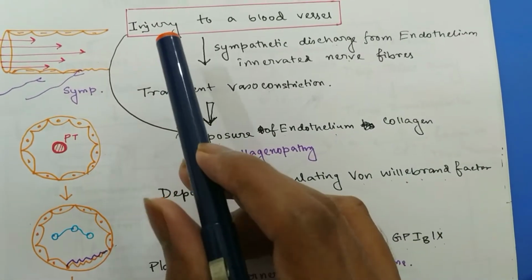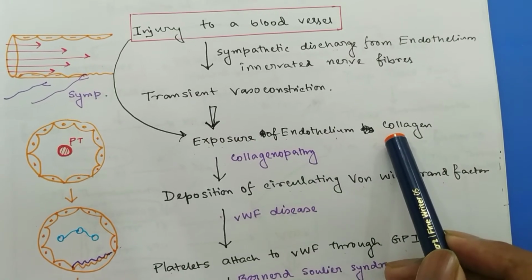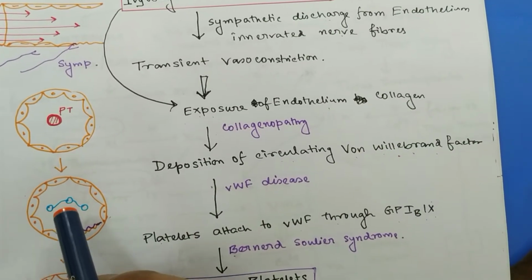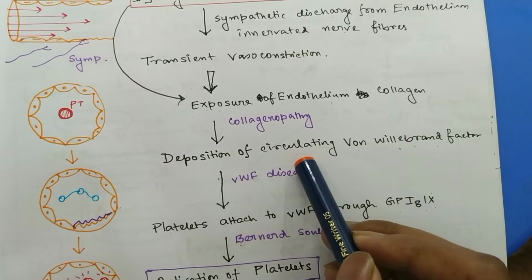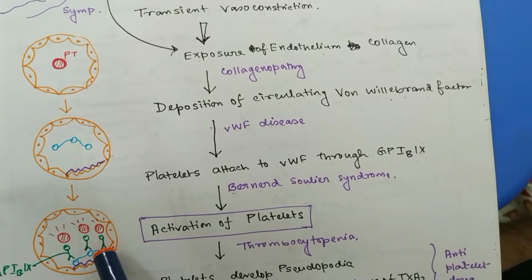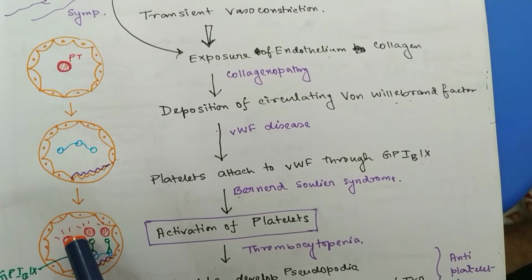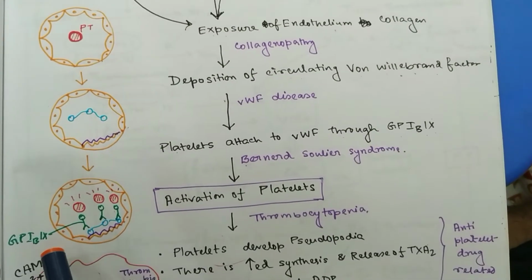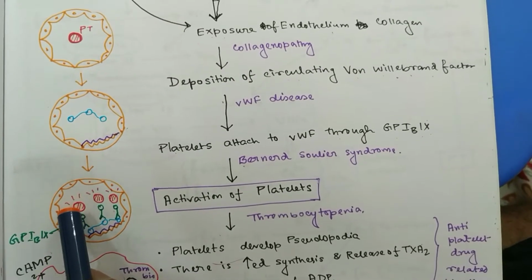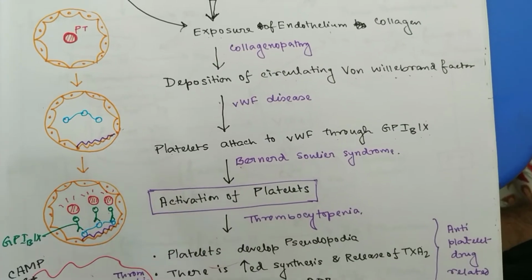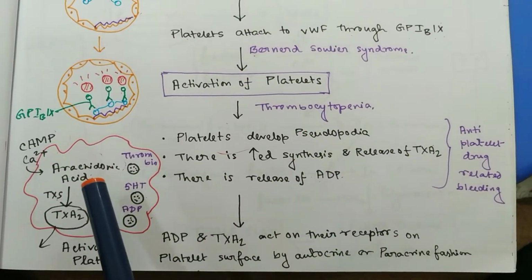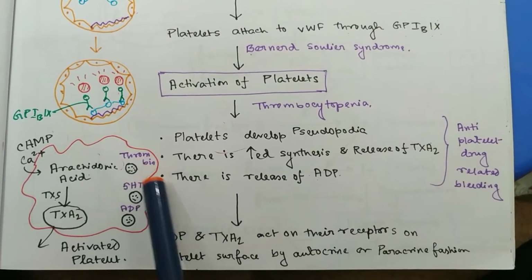That is, when there is an injury, there is also exposure of the endothelium collagen, and this endothelium collagen will attract the circulating von Willebrand factor, thereby deposition of the circulating von Willebrand factor on the endothelium collagen, and this will cause the attachment of platelets to the von Willebrand factor via glycoprotein 1b9 receptor. And as soon as this receptor attracts the platelets, they will be activated, and this activation is by development of pseudopodia,